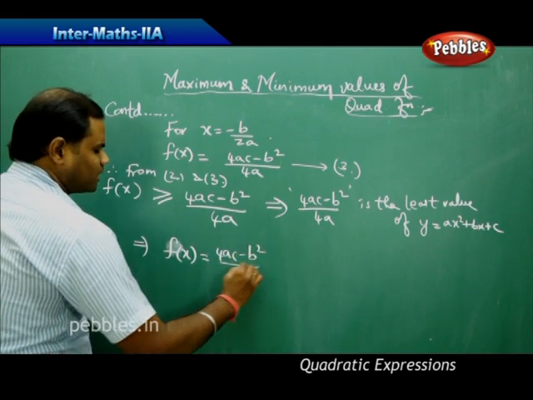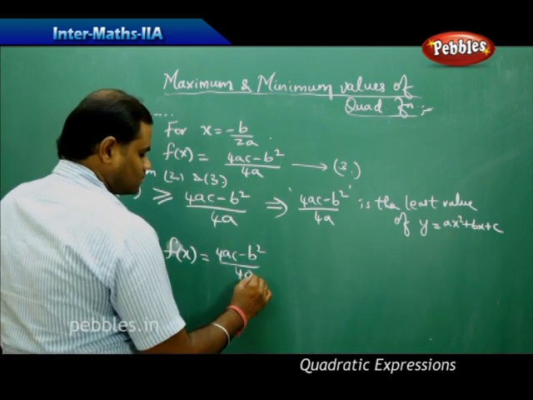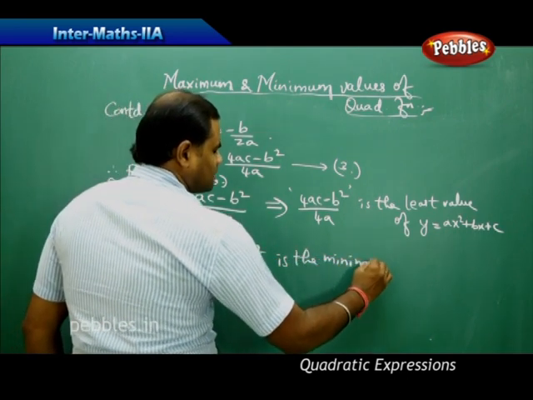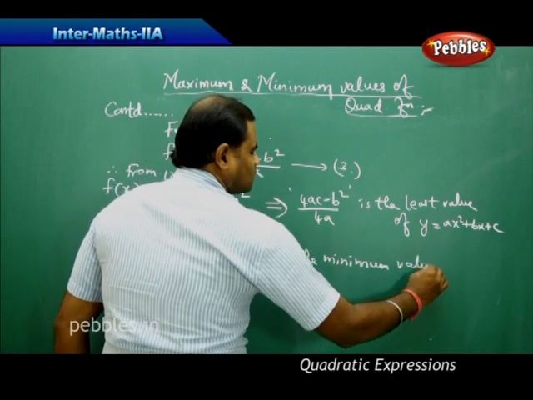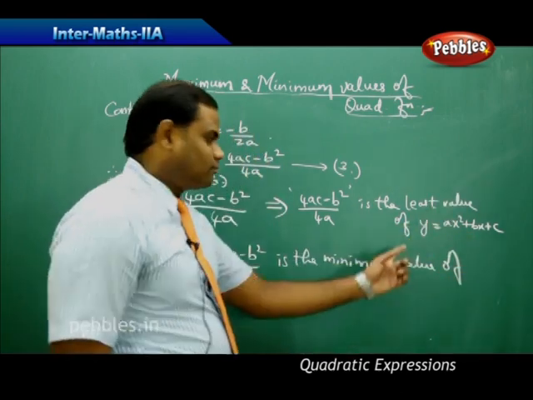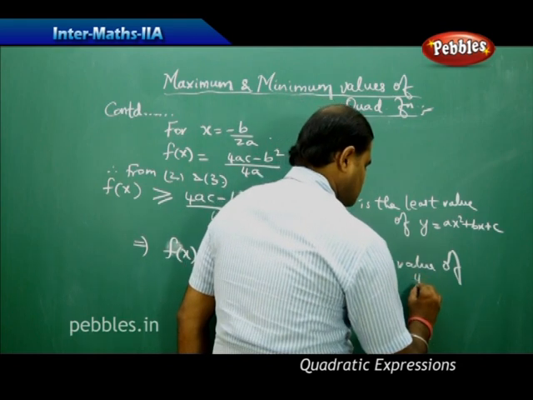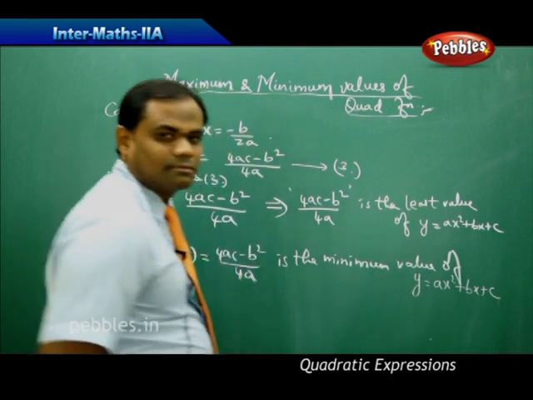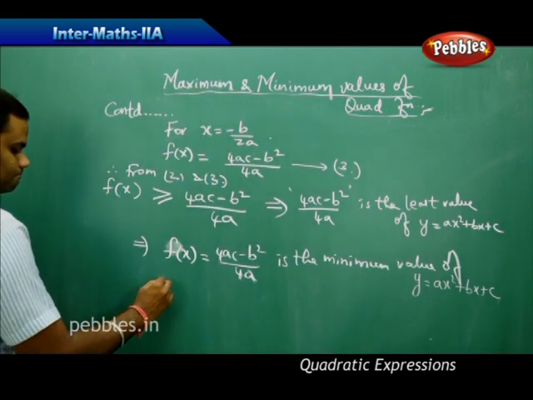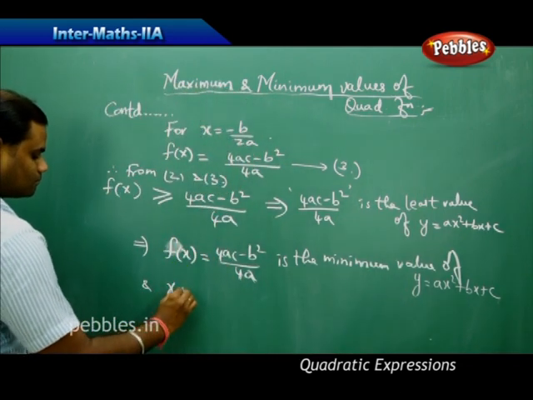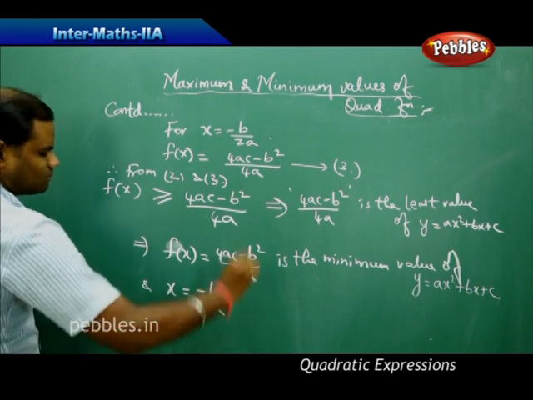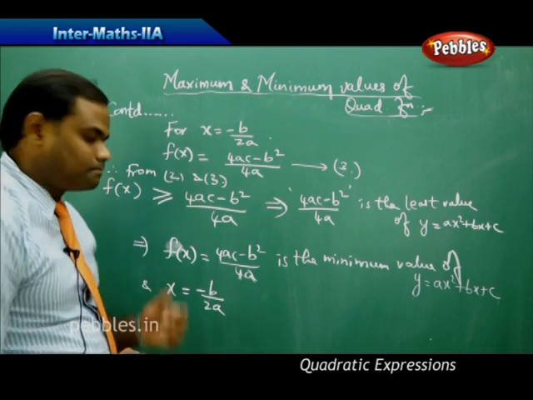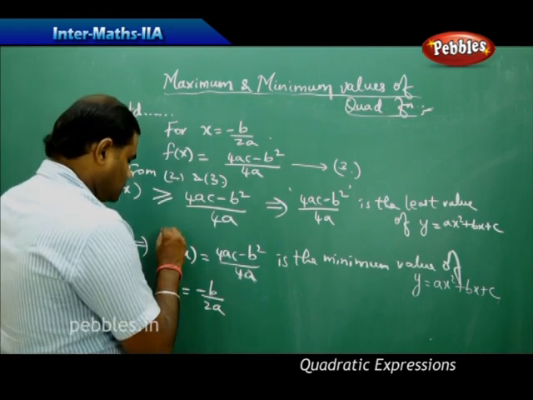f of x equal to (4ac minus b squared) by 4a is the minimum value of the function, and it is minimum at x equal to minus b by 2a. So this is how